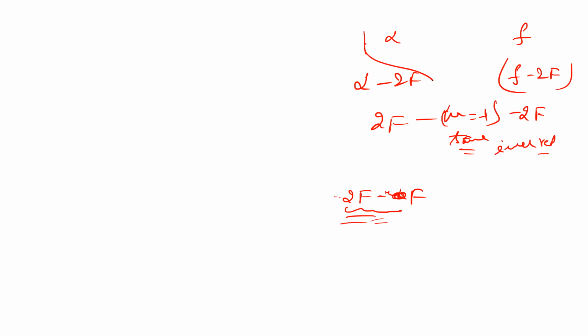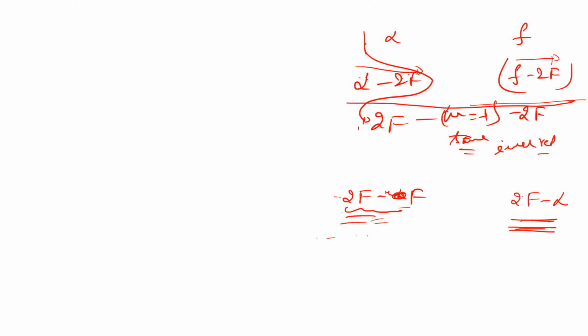From infinity to 2f we came here. Now 2f to f. Where will the image be formed? Tell me. It will be from 2f to infinity. Now can you see the second line carefully? Infinity to 2f, the image is from f to 2f. Now from 2f to f, the image is from 2f to infinity. Tell me, is it true or not? Hassan? Sir, can you repeat once more, sir? You see, from infinity to 2f you are coming, the image is going from f to 2f, right?